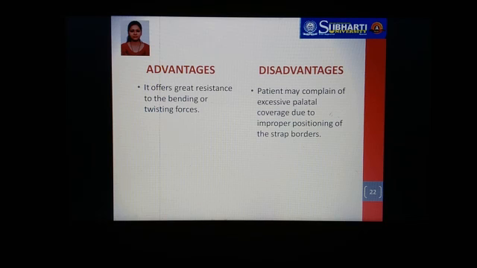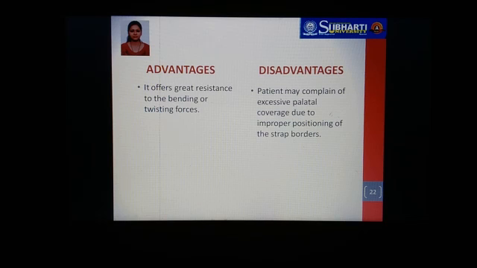So the anterior component is a flat strap located as far posteriorly as possible to avoid rugae coverage and tongue interference, keeping in mind the patient comfort. And the posterior strap is thin and a minimum of 8 millimeter wide. Because it is a strap, the width should be a minimum of 8 millimeters. And it should be located as far posteriorly as possible, yet entirely on the hard palate.